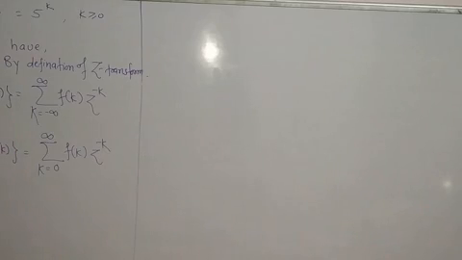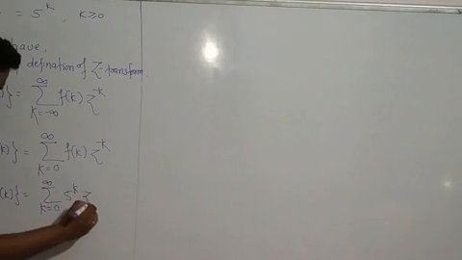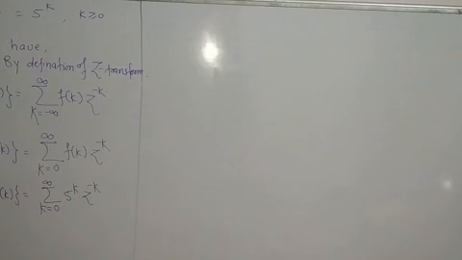I will take this kind of question further on. After this question I will take negative and positive also. Now here you have strictly k from 0 to infinity. Now substitute your function. That implies Z of f of k is equal to the summation from k is equal to 0 to infinity. Now what is f of k? It is 5 raised to k into z raised to minus k.